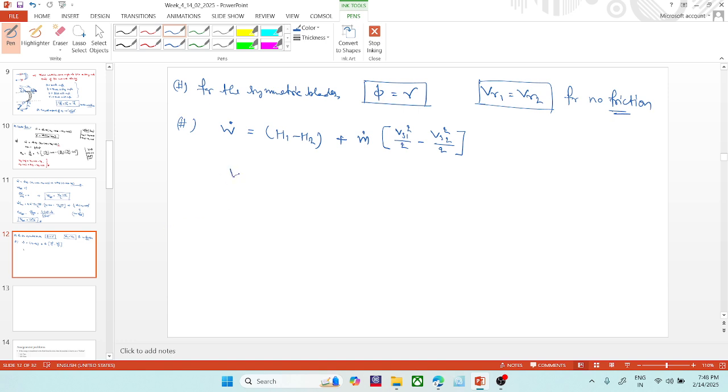Okay, and we know that this enthalpy difference would be m dot of the relative velocity kinetic energy difference, so that this W dot would be m dot by 2 times Vs1 square minus Vs2 square plus the negative of Vr1 square minus Vr2 square. Okay, so for pure impulse,